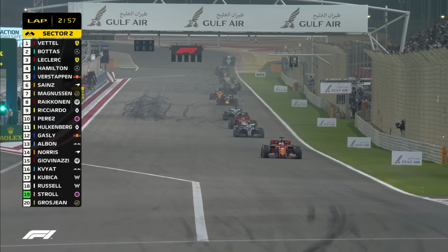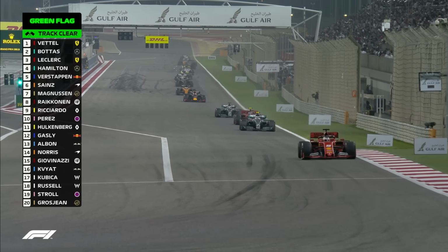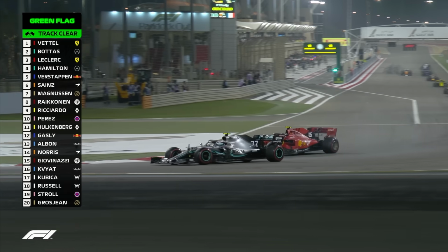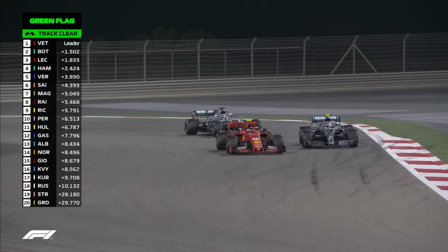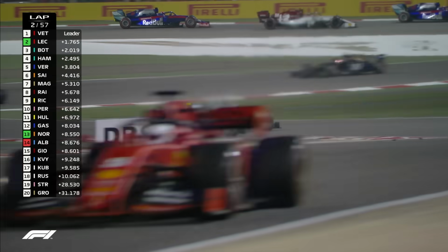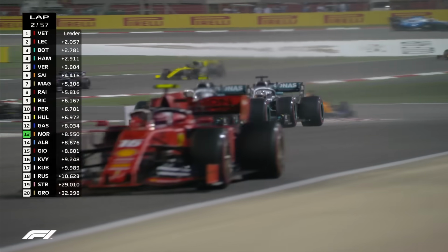Hamilton closing in on the back of Leclerc. We know the Ferrari, though, is quick in a straight line. Is Leclerc going to do a lunge down into turn one? No, he's not, but he's pushing Bottas hard, and he's got the position. Bottas locked up. That allowed Charles Leclerc to get past the Mercedes, and Bottas now struggling out of turn two,